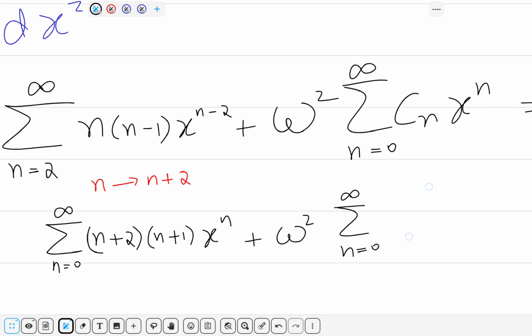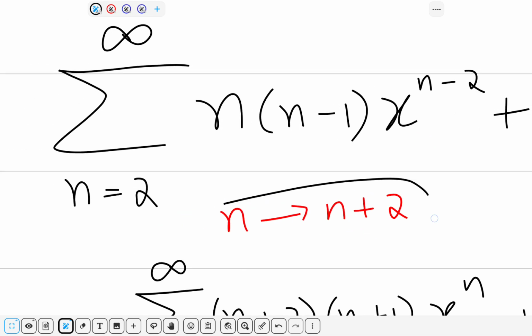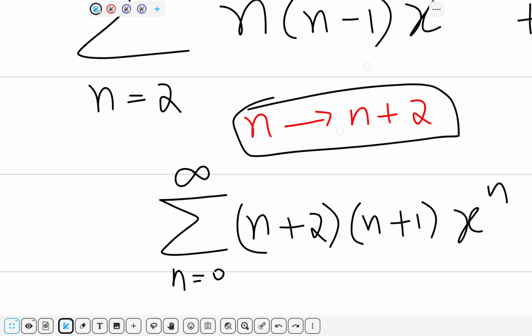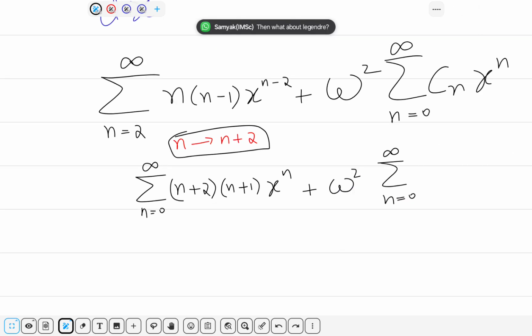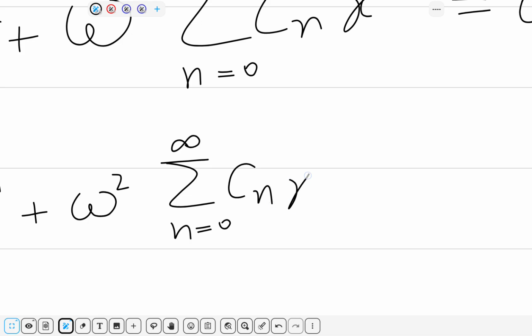And also remember, I didn't tell this, whenever you shift this, the question will be, if I shift, what should be the limit here, right? Here it should be 0, because that is what I want these limits to match. So now